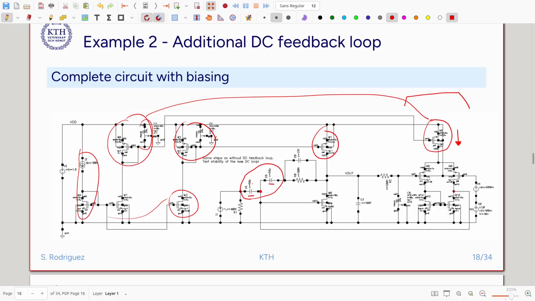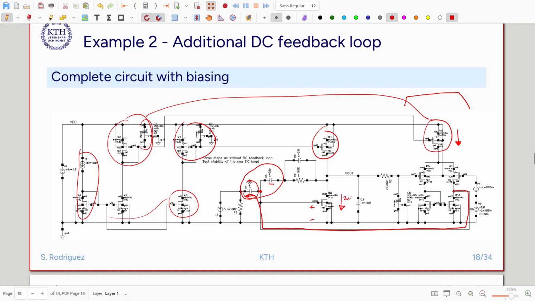But this capacitor is working as a current controlled voltage source. So the output current that comes from this correction amplifier will be charging this capacitor to the value that is needed for VGS to match the 20